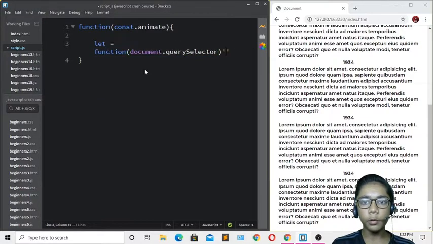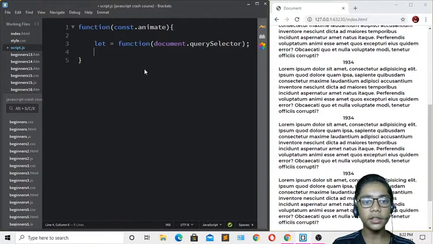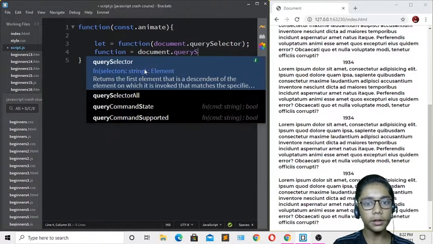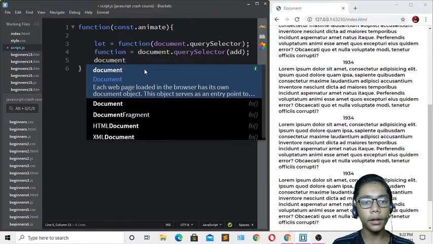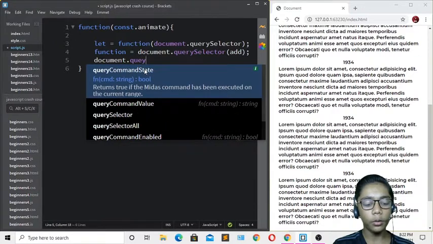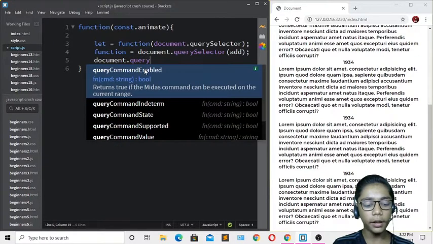When you've done that, you have to close that by writing this and come over here. Now I'll be writing function equal document dot query selector. Just do it like that and write there. When you've defined all that, you have to erase that because now I'll write add. Come over here, I'll be writing document dot query selector. So I'll be writing over here query selector.